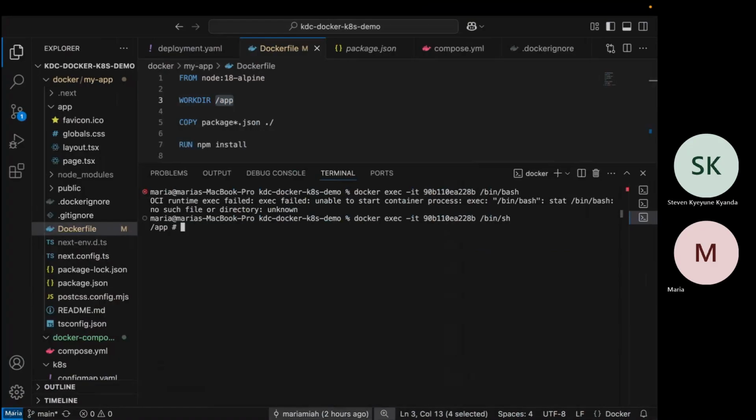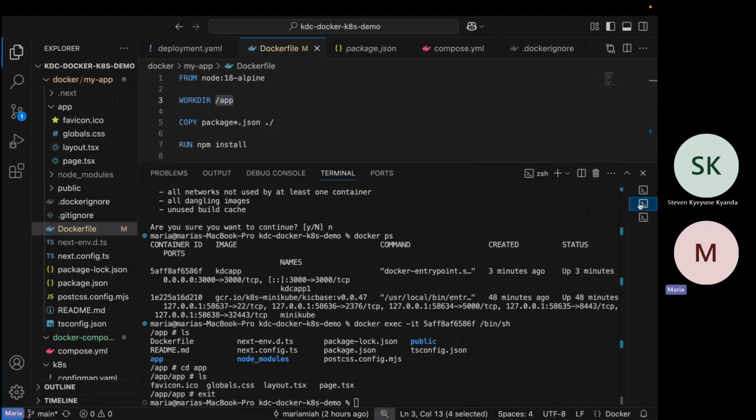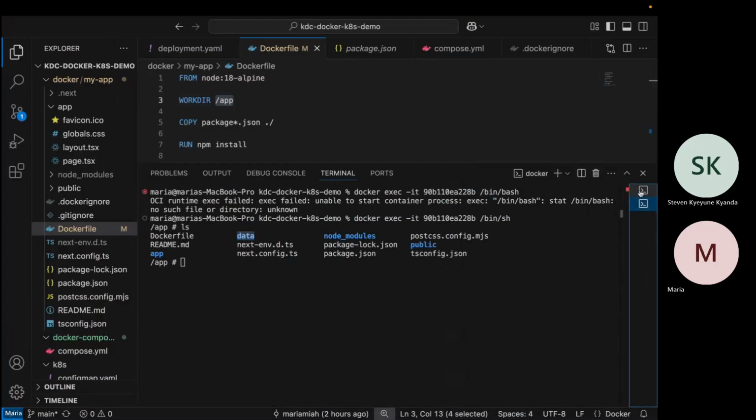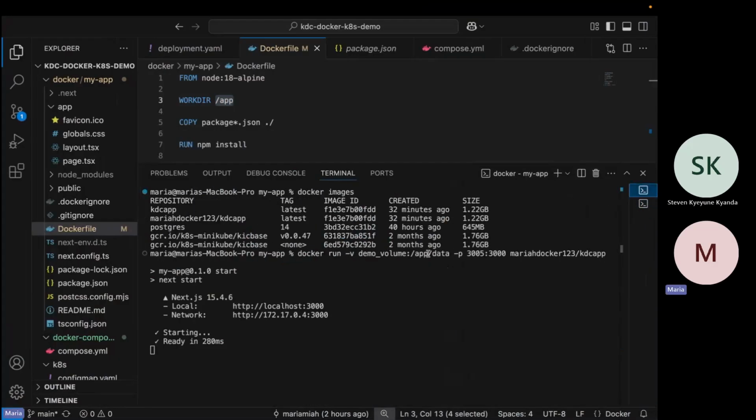So if I list items in this container, we'll see that a data folder has been created, and the data folder is coming from this, yeah? The data folder has been created, and it mounts or it binds to the demo volume that's on my laptop.